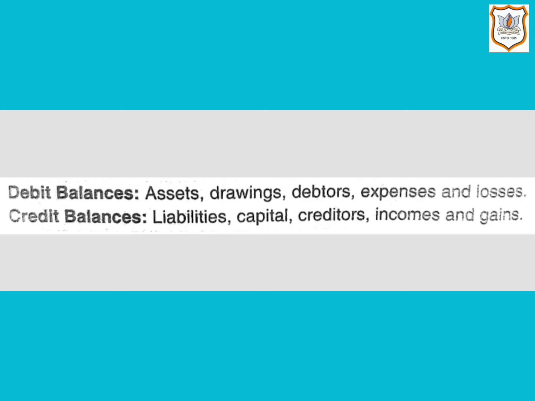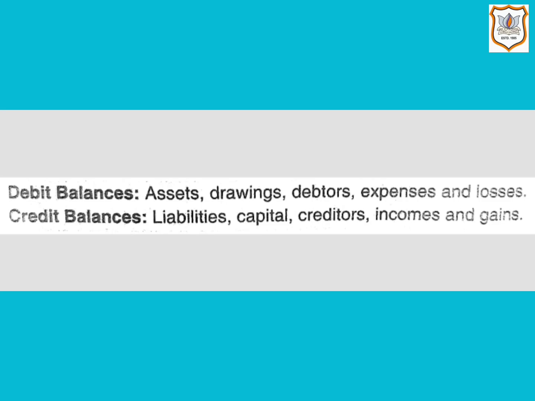A trial balance is prepared with the help of the ledger and cash book. While preparing a trial balance, all accounts, that is assets, liabilities, capital, expenses and revenue accounts, are considered. These ledger accounts except cash and bank balances are taken from the ledger. In addition to these, the cash balance and bank accounts are also taken from the cash book. The ledger accounts showing debit balances are shown in the debit column of a trial balance and the ledger accounts showing credit balances are shown in the credit column of a trial balance.